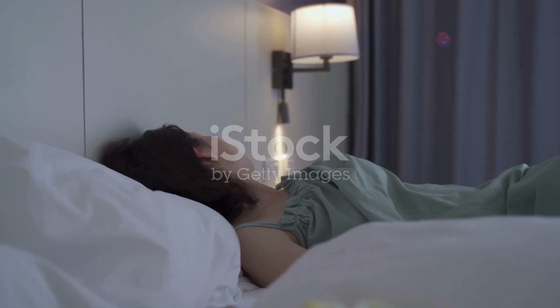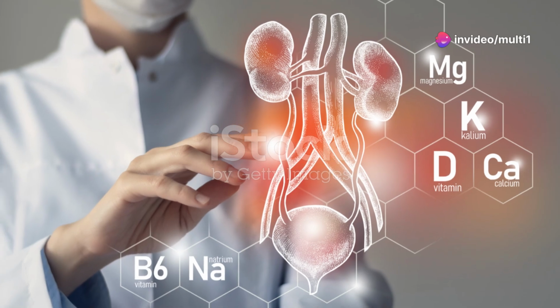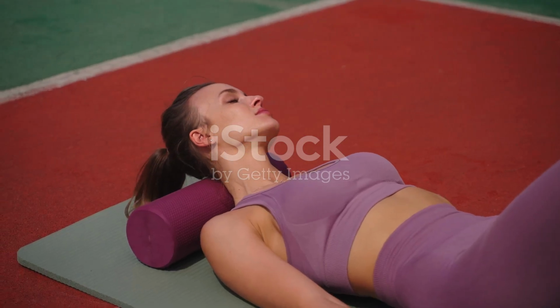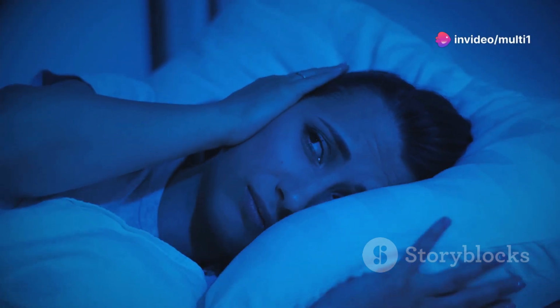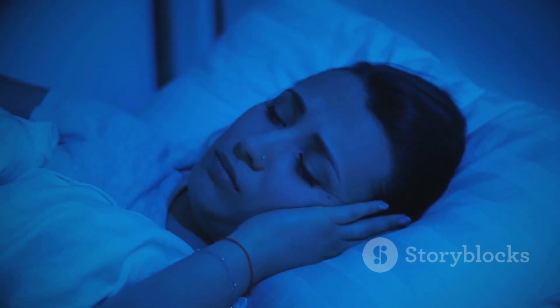Next, we have magnesium, a mineral that's often associated with relaxation and sleep. But what many people don't realize is that magnesium is also a key player in maintaining a healthy bladder. You see, magnesium helps to relax the muscles in our body, including those in our bladder. When our magnesium levels are low, these muscles can become tense and overactive, leading to, you guessed it, frequent urination,